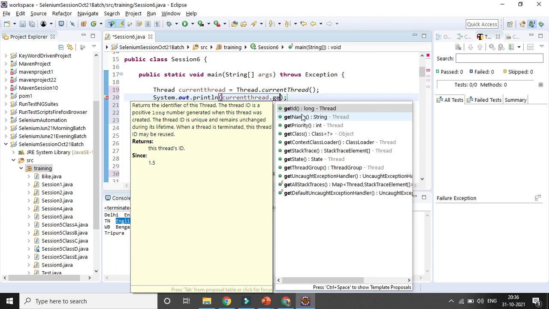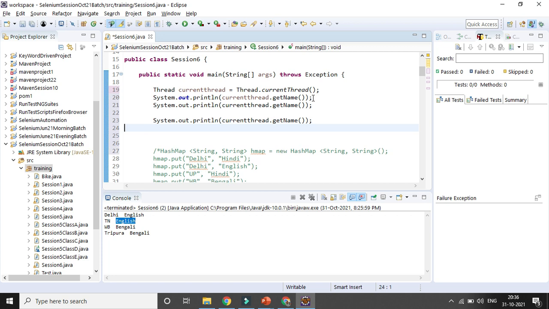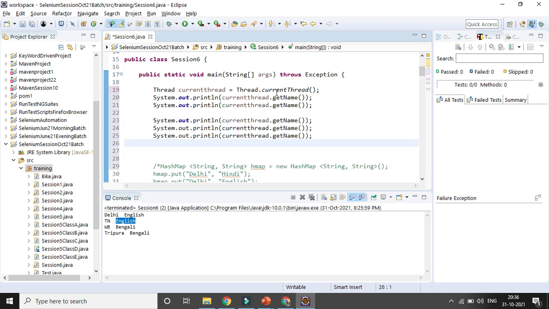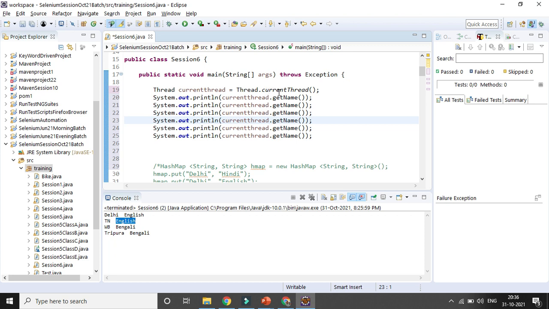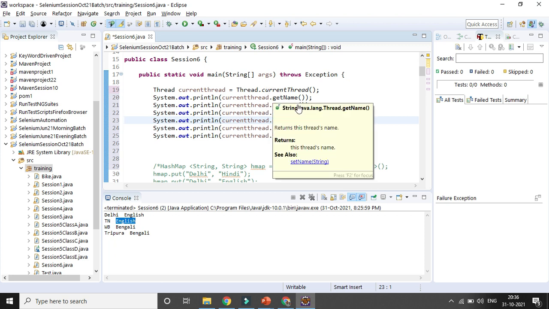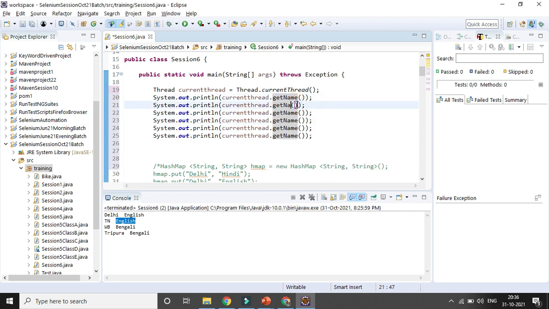So you already get the name here, you can get the priority. I can get the ID of the thread. I can check what is the state of the thread.